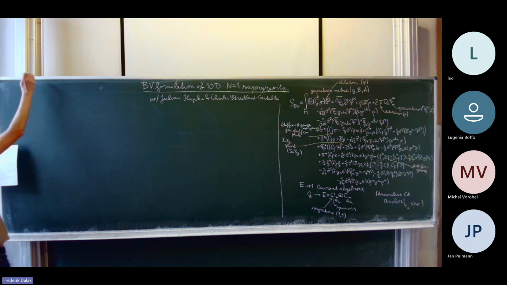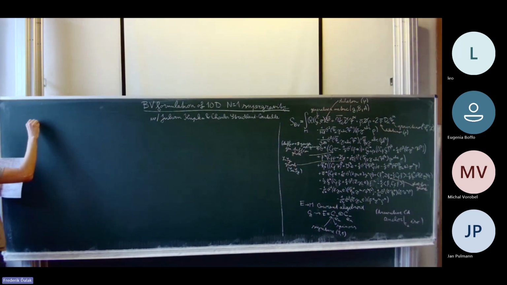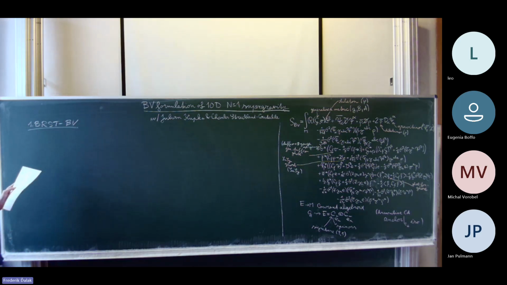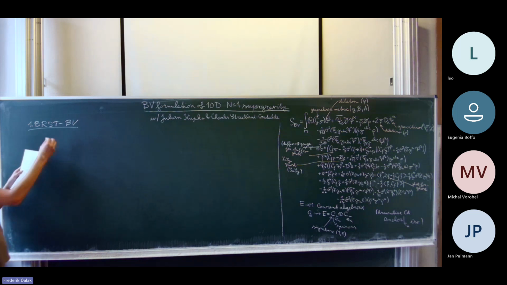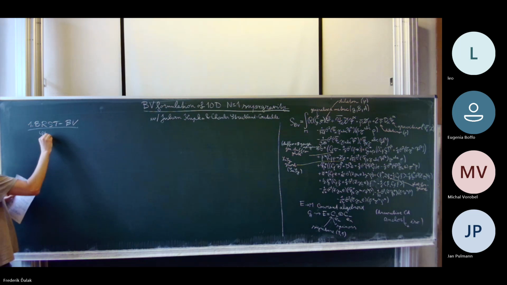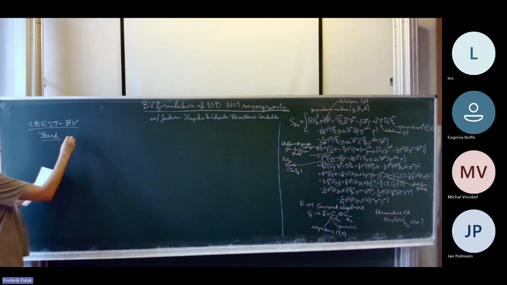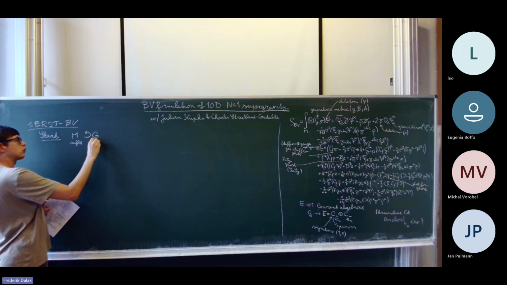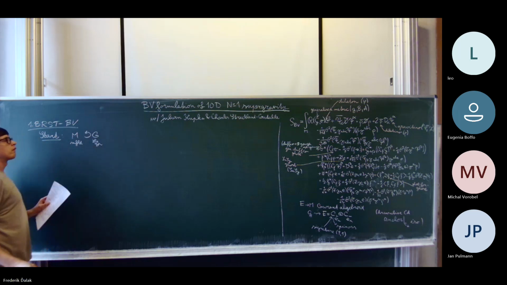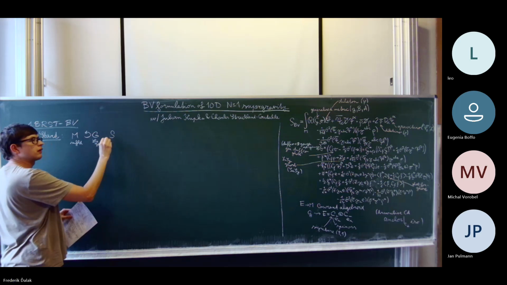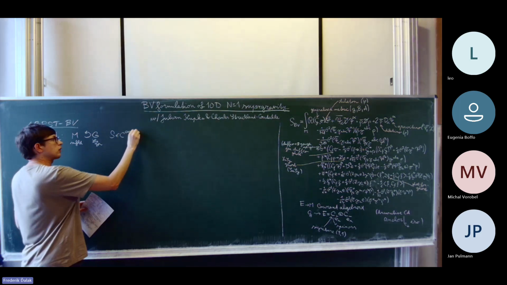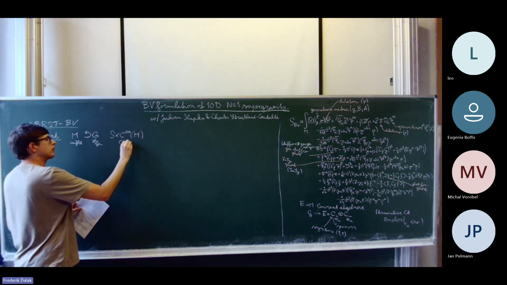Okay, so now let's take a few steps back and let me start with some more basic stuff, and let me tell you what BV formalism is. So what's the idea? The start is that you have a manifold M with an action of a Lie group G, and there is a smooth function on M, which is G invariant.